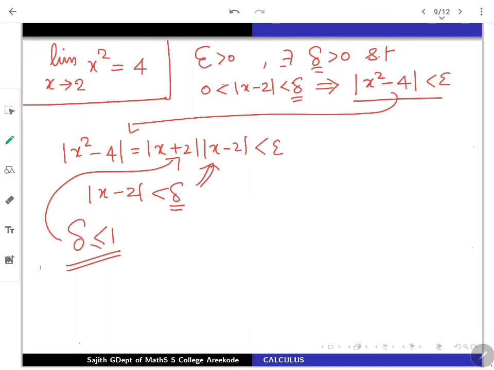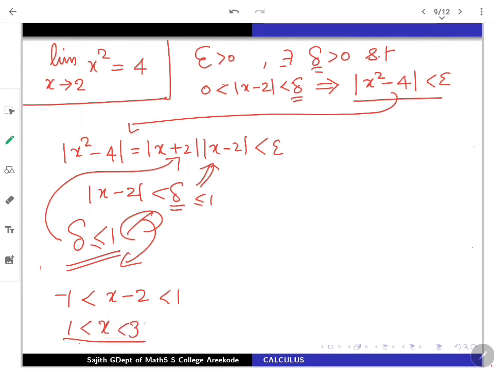But then the condition actually gives you mod x minus 2 less than 1, right? So this condition together will give us minus 1 less than x minus 2, that is mod x minus 2 is less than or equal to 1. So if I am expanding my modulus, adding 2 everywhere gives you 1 less than x less than 3.